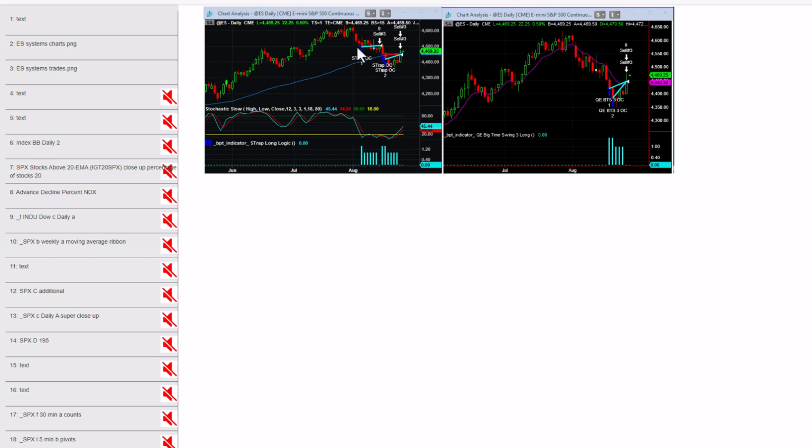item number 2. So let's talk about our mean reversion systems. These are 2 of the reversion to mean systems, which had first and second entries on ES. The S-trap was in a first and second entry. You could see on the left, it had done a previous trade that was just a very slight winner in early August to mid-August.